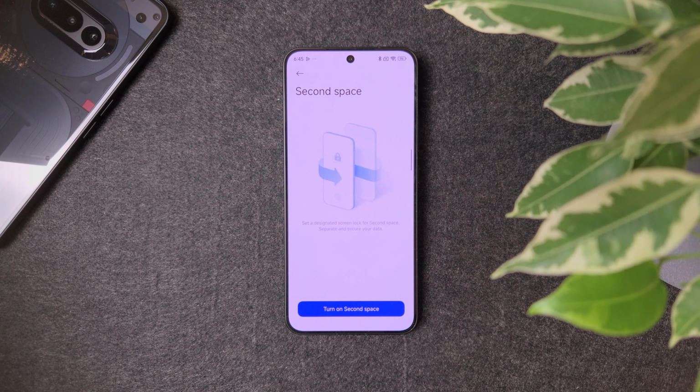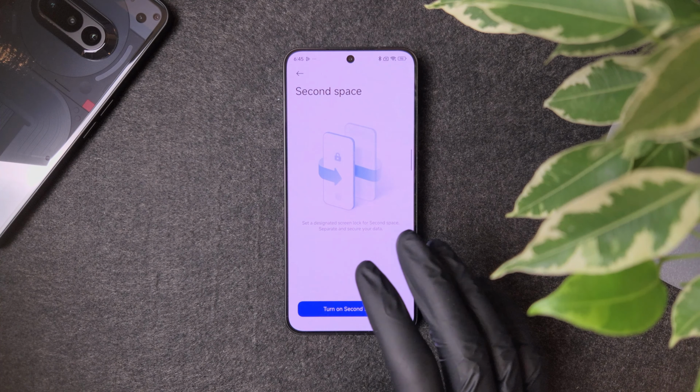Now, to activate second space, you will need to have a screen lock set on your device, the main, if we call the default screen main space. So you need to have a screen lock set already. And then for the second one, you can choose to have a screen lock, or you can do it using an actual shortcut. So if we select one of those as a shortcut, for instance, you can then select